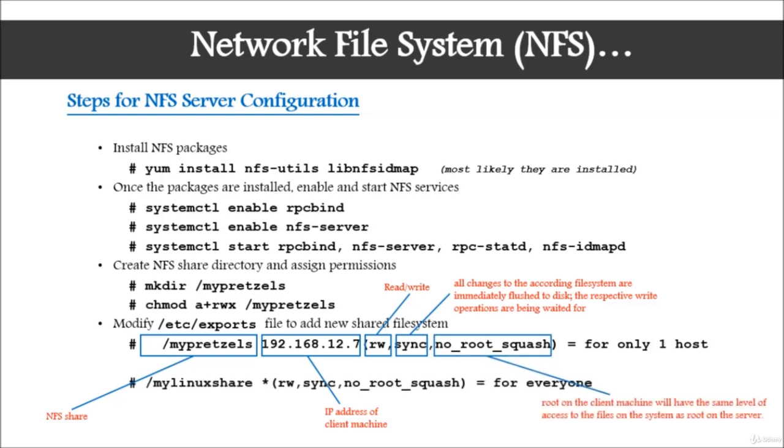Then the last option we have right here says root on the client machine will have the same level of access to the files on the system as root on the server. So the root on the NFS server will have the same permissions as the client root. That's what it's saying. Now, of course, this is for one host because we have specified the host name or the IP address. But if you want to specify everybody, not just one computer, then you will use